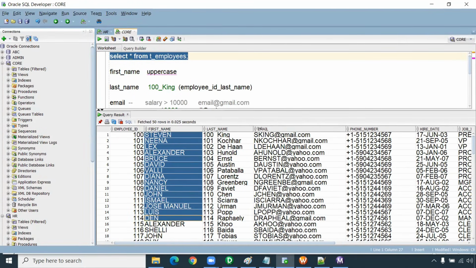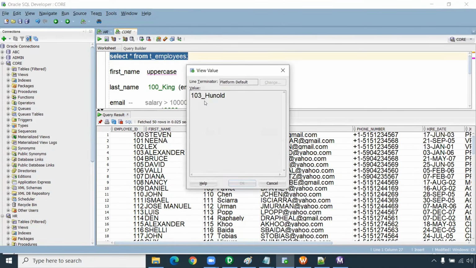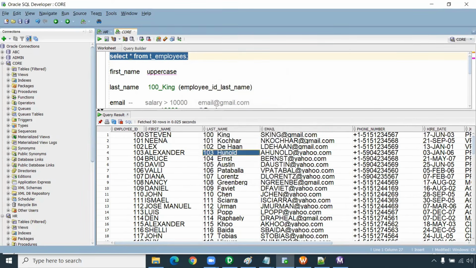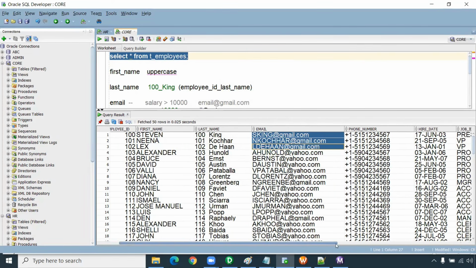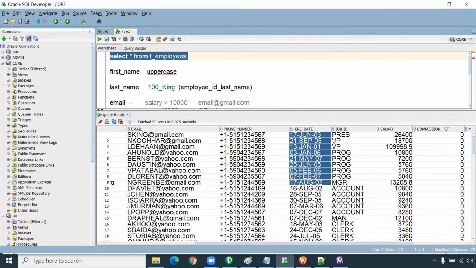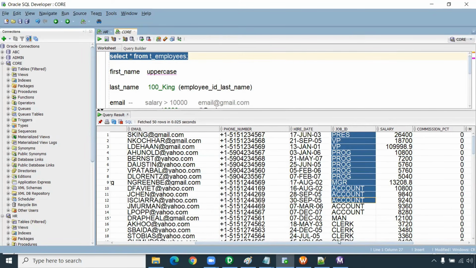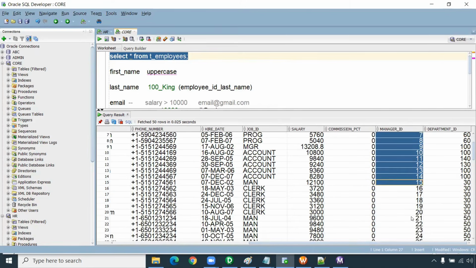And then it is making last name with an underscore, but you might be seeing the underscore is not there. But if you click on it, you'll be seeing that underscore. Okay. Then, whether the employee's salary is greater than 10,000, you are seeing gmail.com or yahoo.com. The +1 hyphen has been removed. And on the date column we can also apply some leap year, non-leap year logic and all. Then job ID, commission percentage and sequence of numbers.